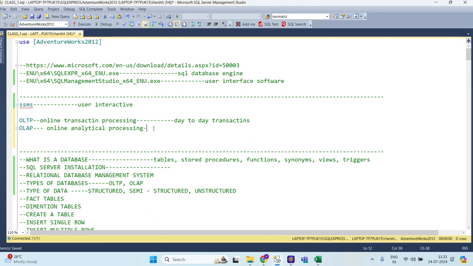And the other one is OLAP, right? So OLAP means aggregate data is maintained for reporting purposes. Suppose you do the reporting on online transaction processing, then it will be a huge amount of data, right? In online transaction processing, every day the bank has lots of transactions, and lots of customers are there. So